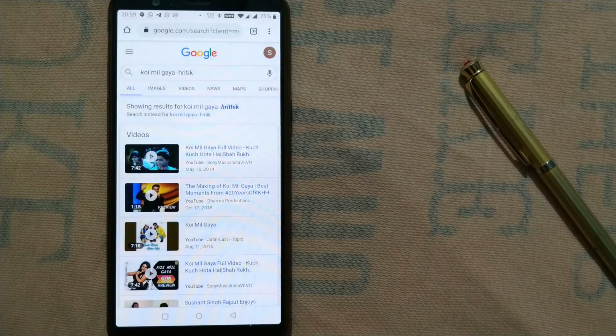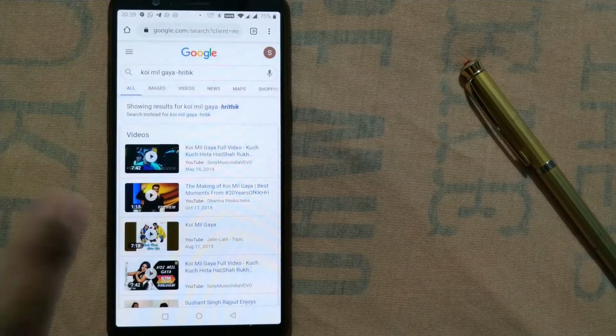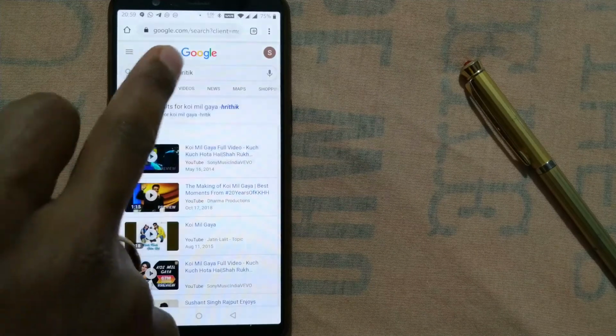So for example, you want to search something, but a very popular thing comes up every time. So just put a minus and that popular thing. It will exclude that popular actor or popular word and give you the search which doesn't include that popular thing. Many times it happens and you'll be needing that as well. So I've shown you how to search minus that word.